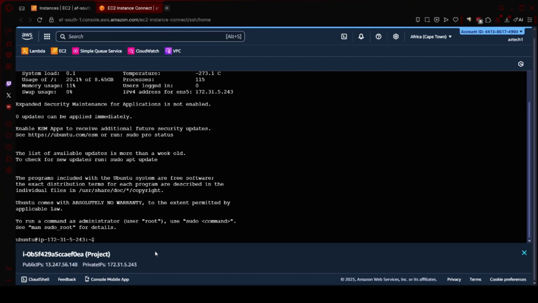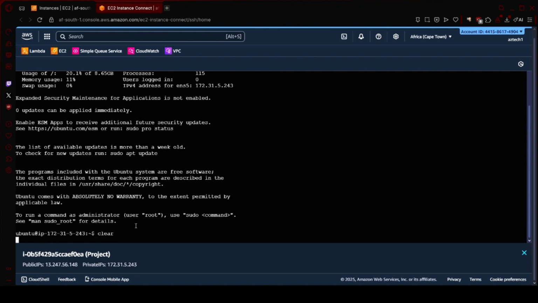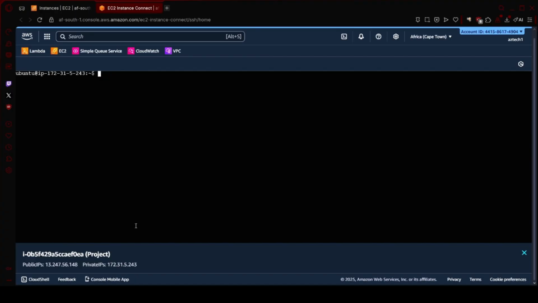Okay, so it is done. So we can try some of our commands and see. Let's clear the terminal. Clear. As you can see, nothing is there. So let's make a little